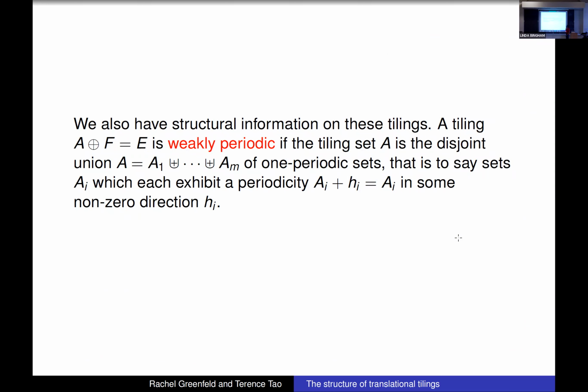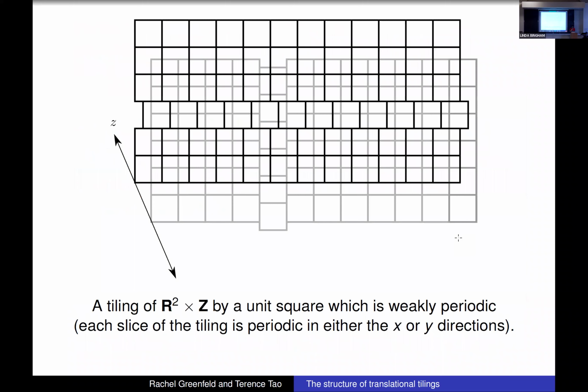So it turns out that in 2 dimensions, we can prove that tilings may not be periodic, but they are not much worse than periodic. The worst that a tiling can be in 2 dimensions is what's called weakly periodic, which means that it is the finite union of pieces, and each piece is periodic in one direction, but the 2 pieces could be each periodic in different directions. So just to give you an example of that, here we're tiling not R^2, but take